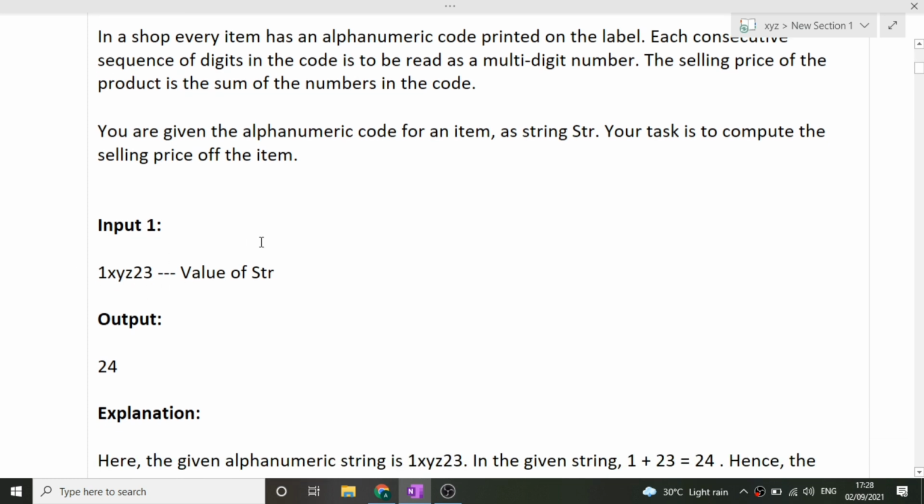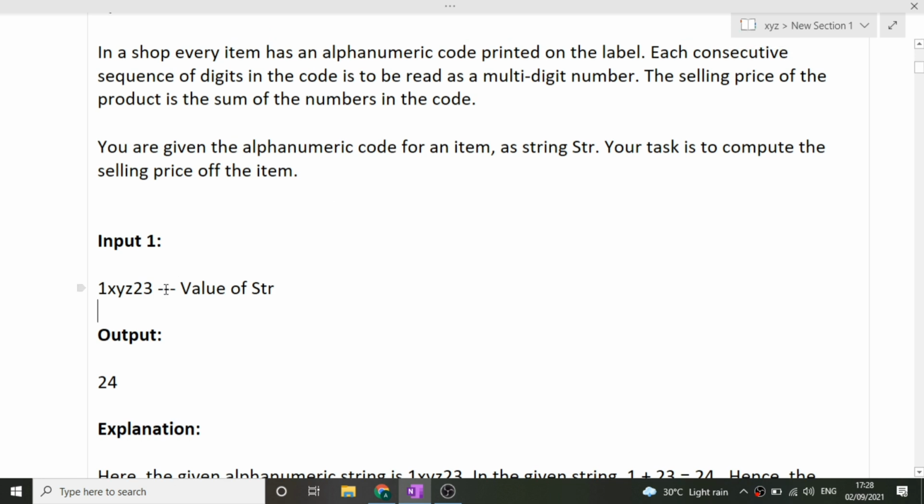See, what will be the input? Input will be the alphanumeric code. Now in this alphanumeric code, some will be the alphabets and some will be the digits. Now this selling price is hidden inside this alphanumeric number only. Now how will we find the selling price of this item? This will be equivalent to the sum of all the numbers which are present inside this code. But here is one catch,